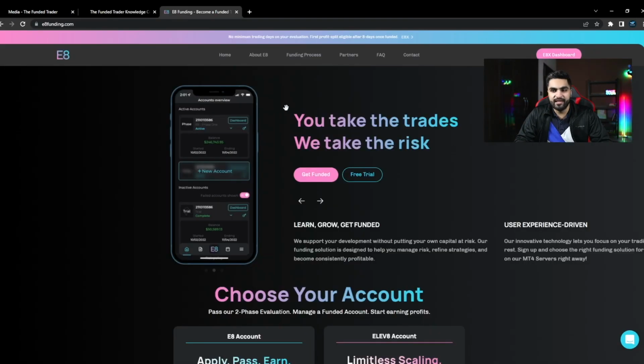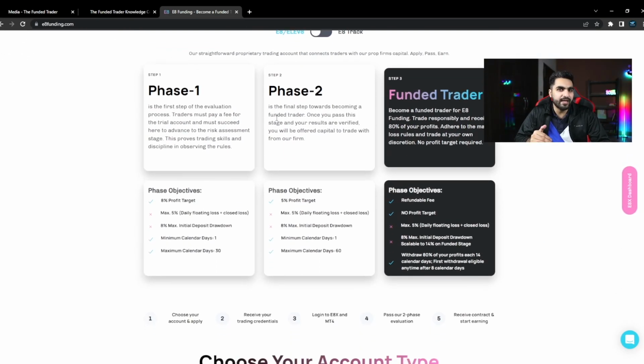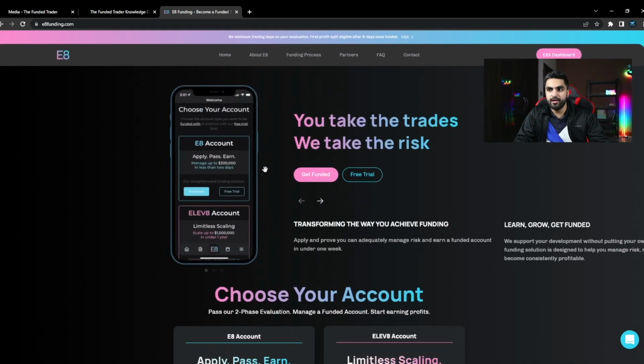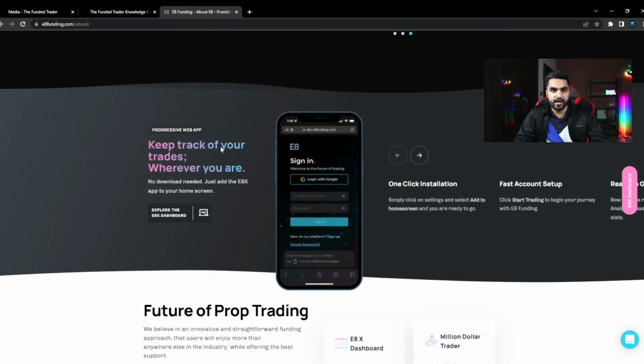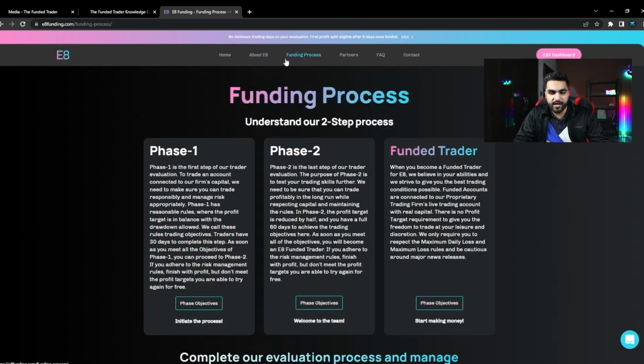And when we look at E8 Funding, the design is very minimalistic, but I think it can be a little bit more professional and a little bit more minimalistic, so it will be very easy for everyone to read and filter out all the information. And yes, they also have their About section as well. You can read all the information about who they are, when they started, and some of the important information as well. And there is this funding process page where you can read what their funding process is,